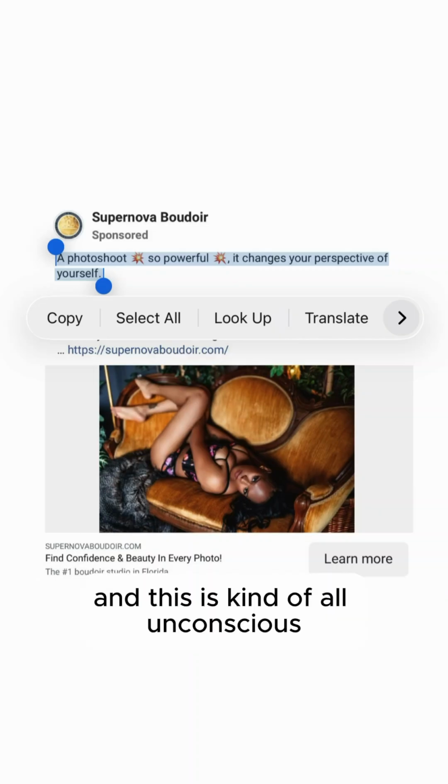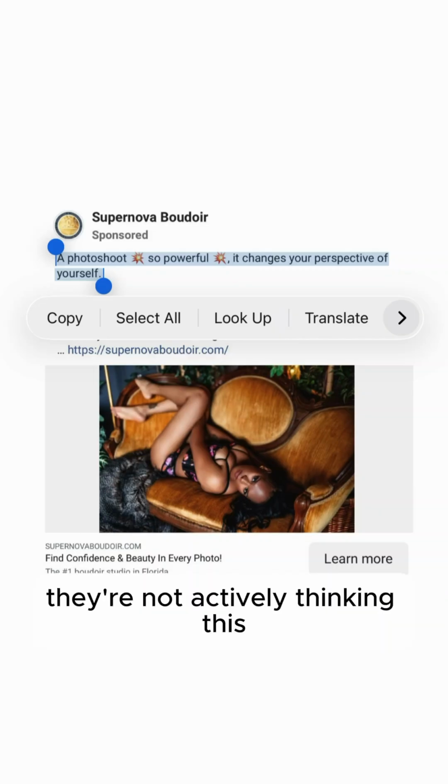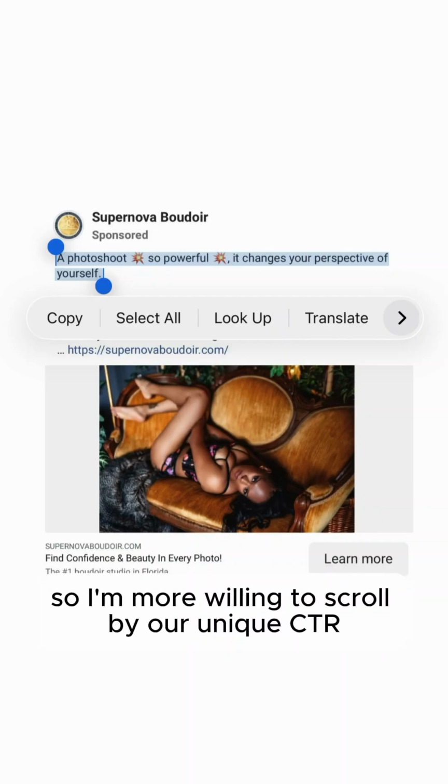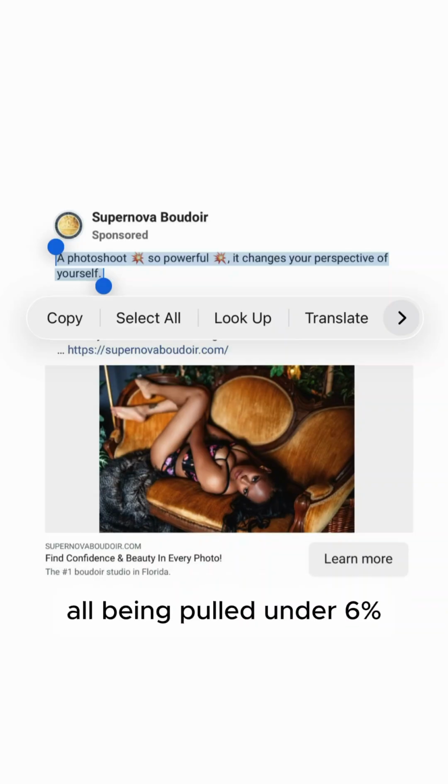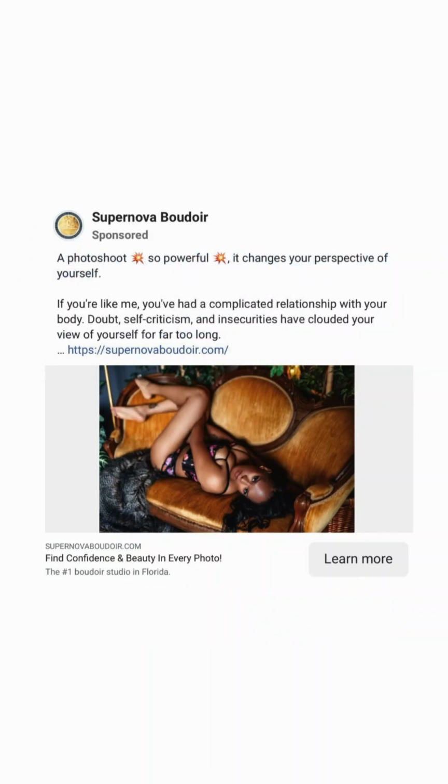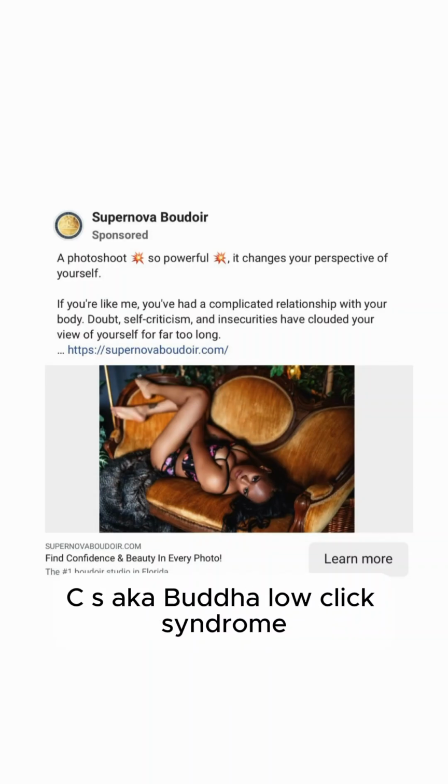And this is all unconscious. They're not actively thinking this. So more women scrolling by, our unique CTR being pulled under 6%, wasting our money. So from what I'm seeing here, I do believe this Boudoir Facebook ad has BLCS, aka Boudoir low click syndrome,